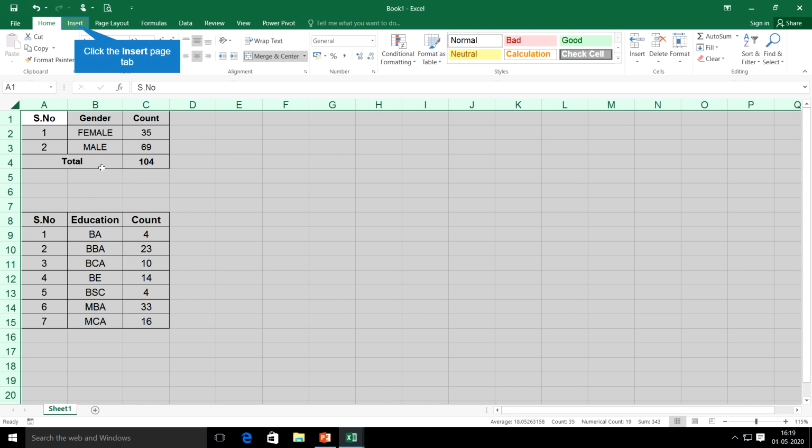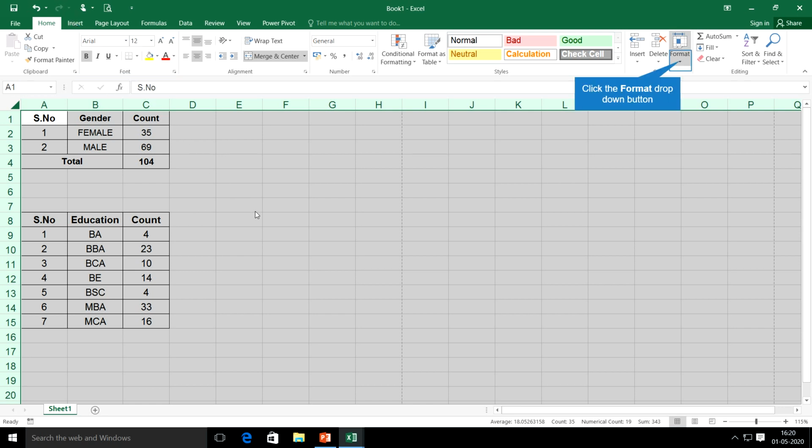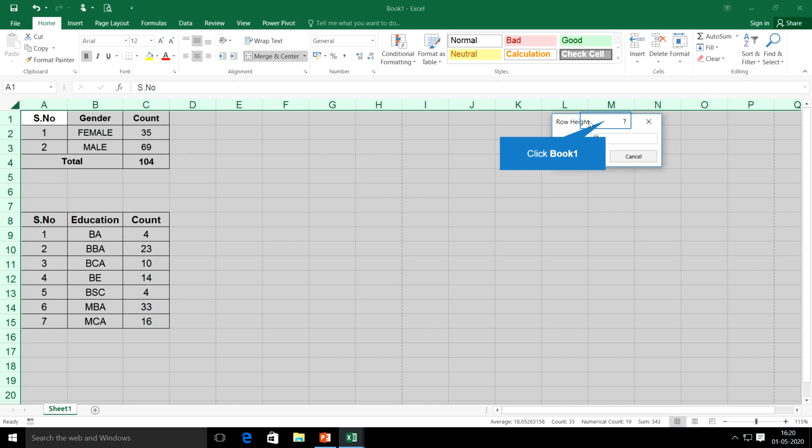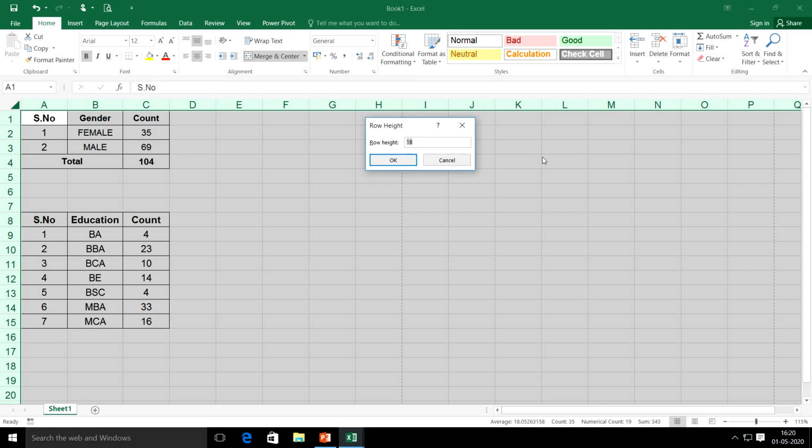Alternatively, I can go to this format menu on the top right corner, where I can find this row height and column width. When I click on row height, that will ask me what should be the row height you are expecting to keep.